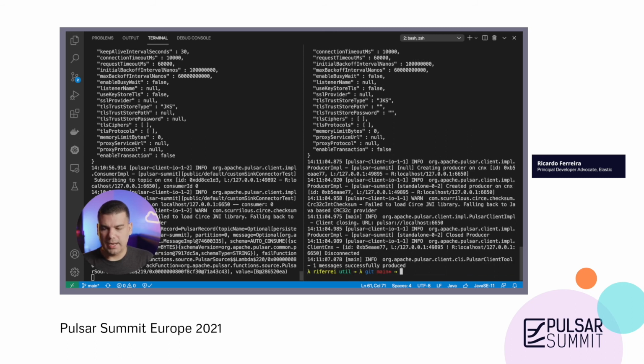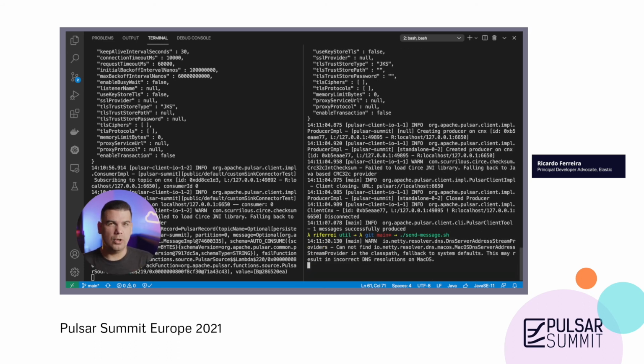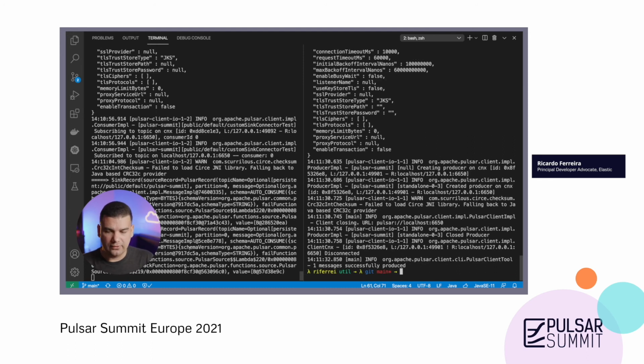You've noticed that we are no longer printing the contents of the message because it's no longer a string. You're going to notice that now the schema being used is bytes. Why? Well, first of all, because the CLI from Pulsar only produces bytes for testing purposes. So that's why the actual message that ended up in Pulsar is bytes. But this is not what I want you to understand. I want you to follow the concept of delivery semantics. So I've just sent another message.